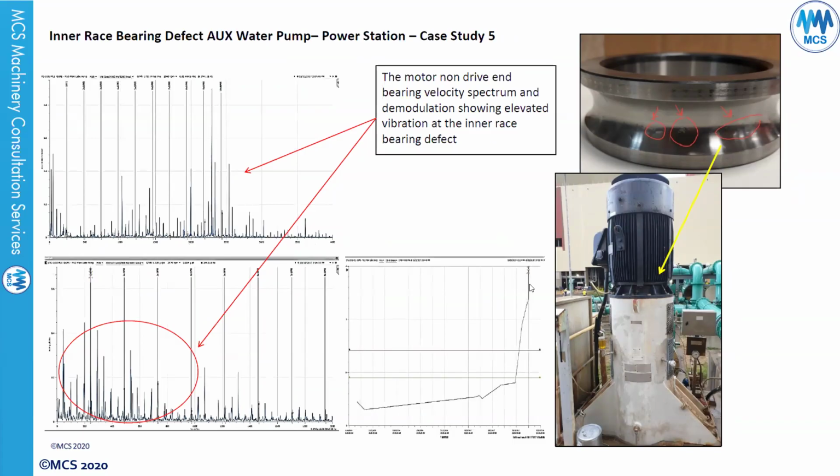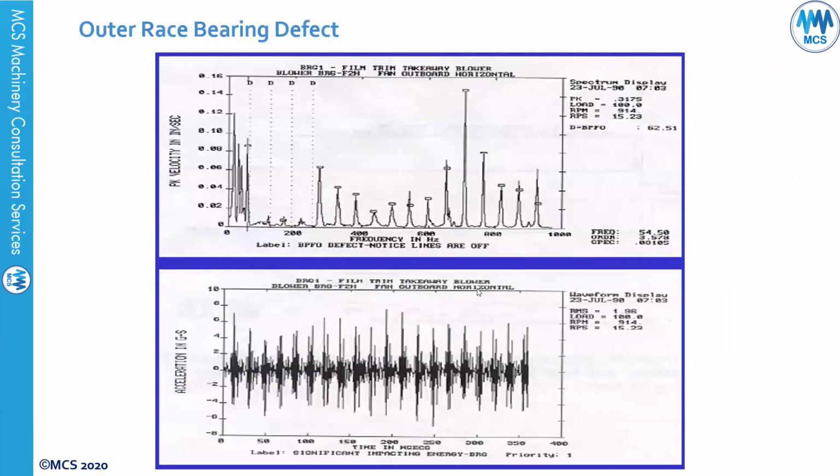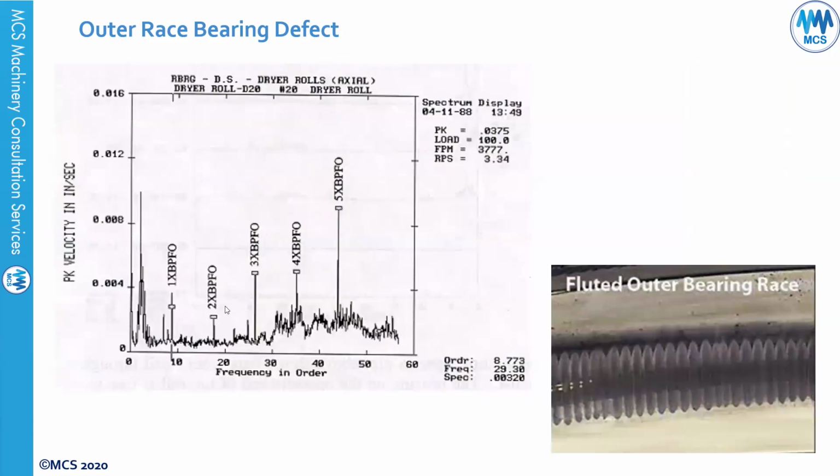And you can see the sudden change in the vibration level. And this is also very important. As I mentioned, you cannot predict how long the fault will be at every stage. As you can see here, this is outer race defective frequency with harmonics, and we can see impacts on the time waveform. Also, this is the outer race defective frequency with harmonics, and this is floated outer bearing, because you